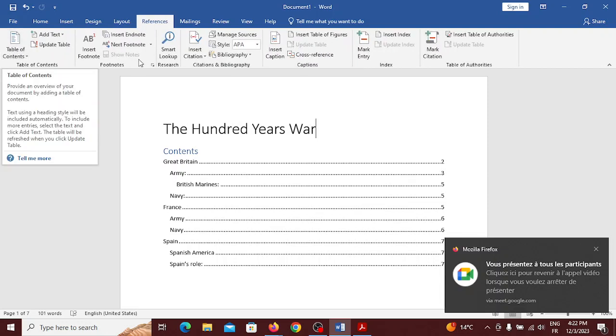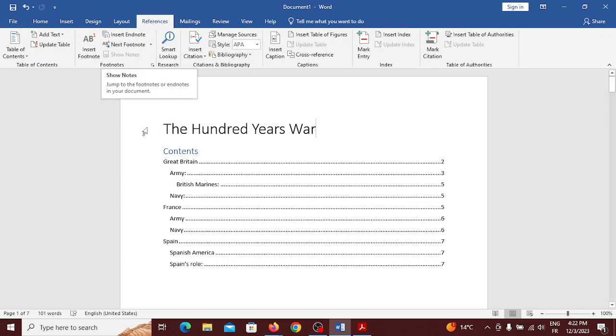But we need to make sure first that our document is a well structured document. A well structured document meaning that the titles of the chapters, the sections, and the subsections are written using the appropriate heading styles